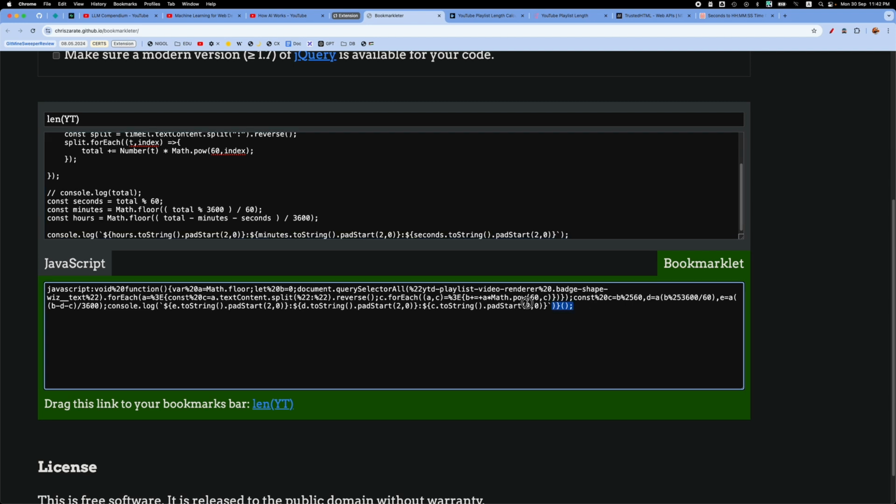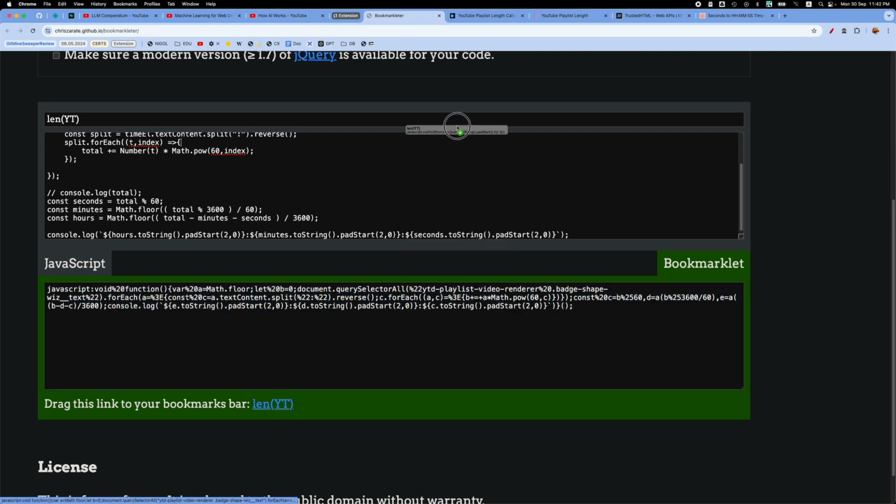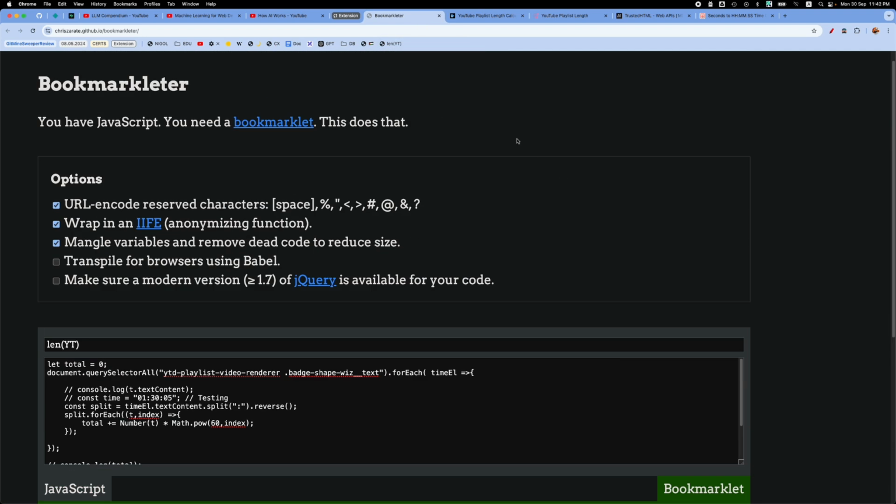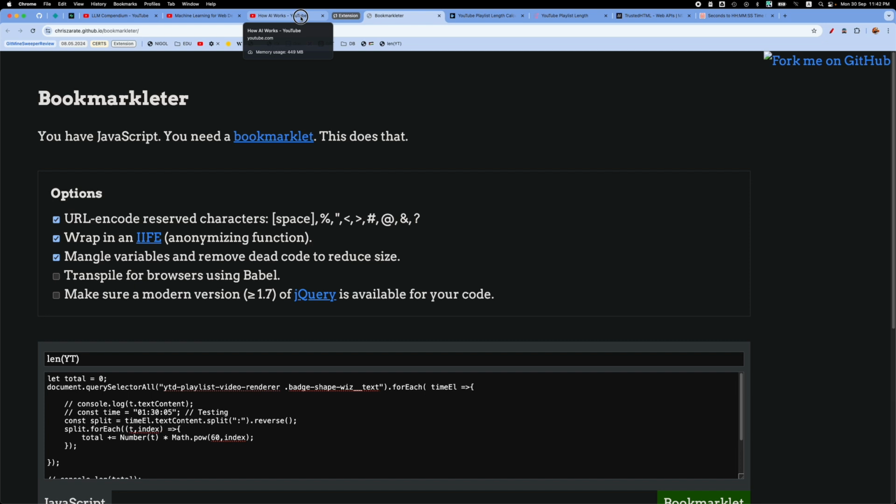So this is basically your JavaScript code in a compressed, concatenated form that you can use as a bookmark link. You can either copy this and paste it on any bookmark link, or you can drag this into your bookmark bar. So let's see whether we can